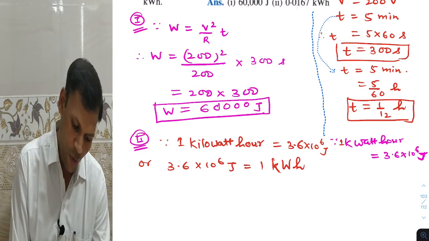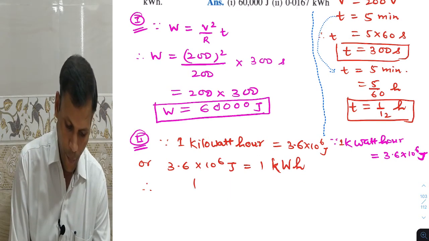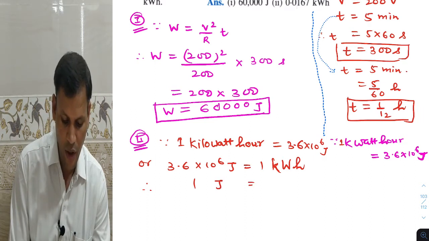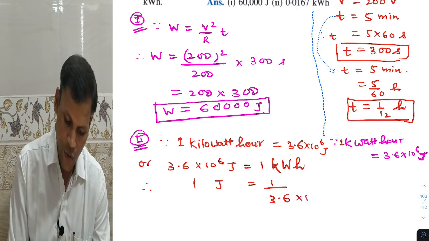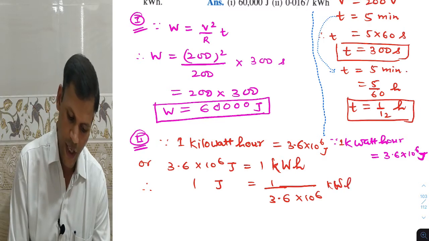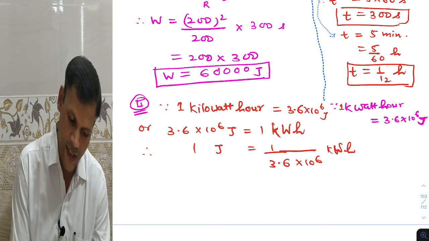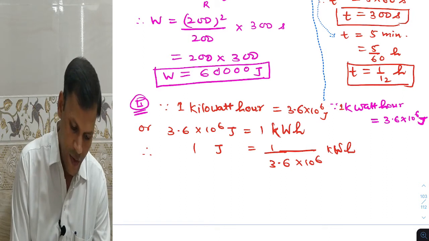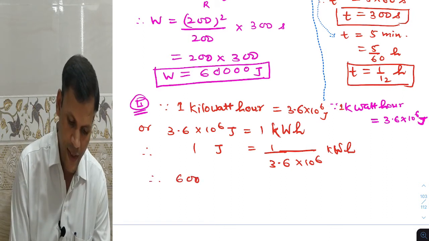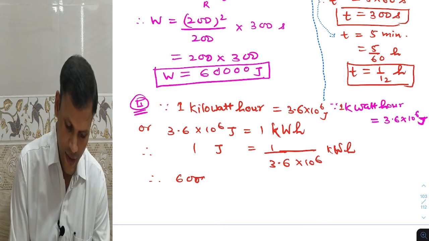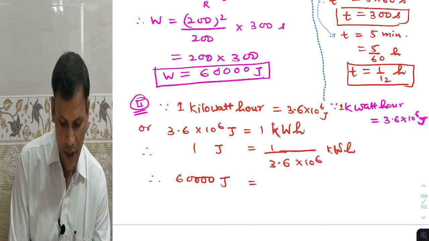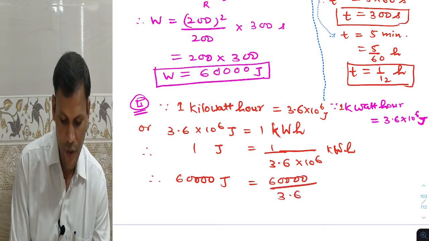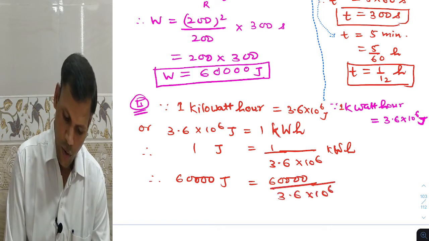So therefore 1 joule will be 1 upon 3.6 into 10⁶ kilowatt hour, by unitary method, it is simple calculation. So therefore हमें कितना जूल दिया है, 60,000 जूल, therefore 60,000 जूल will be 60,000 divided by 3.6 into 10⁶ kilowatt